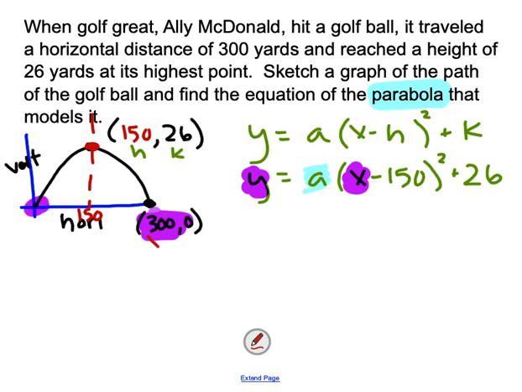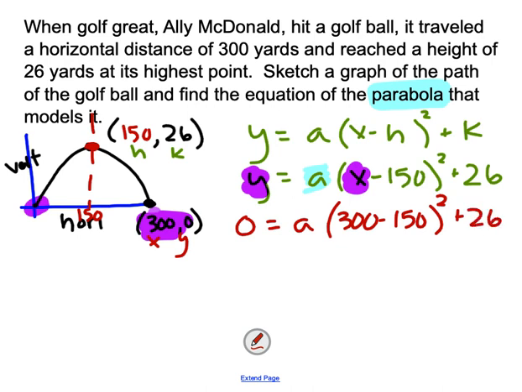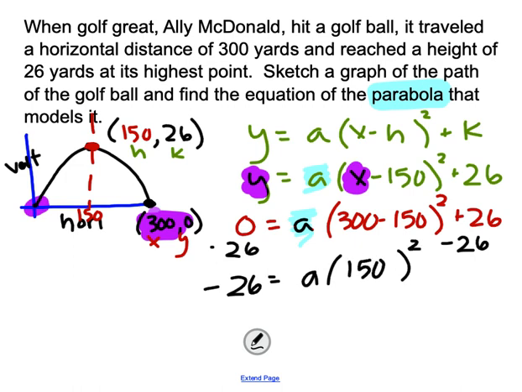So I'm going to remember that x is 300, y is 0. The y gets substituted in for a 0. The x gets a 300. And my goal is to solve for a. So to get that a alone, I'm going to start by subtracting 26 from both sides. So I have negative 26 equals a times the quantity. Then I could do some cleaning up here. 300 minus 150 is 150, and then 150 squared